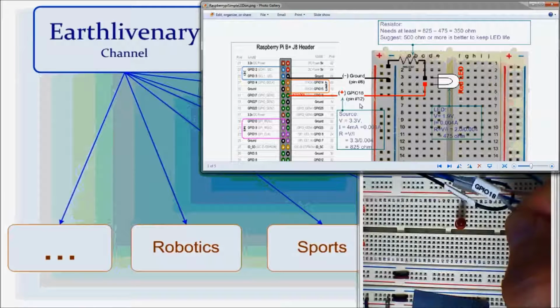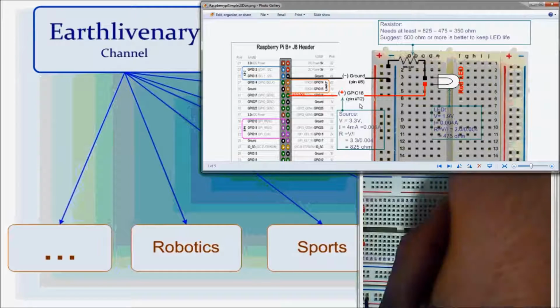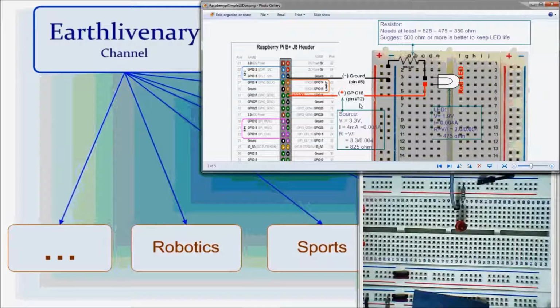This one is my GPIO 18 and it connects over here to line 45. You see lines 43, 44 and 45 over here. Line 45 is for GPIO 18 and positive, and line 46 is for the resistor going to the ground. Okay, this one is a closed circuit.